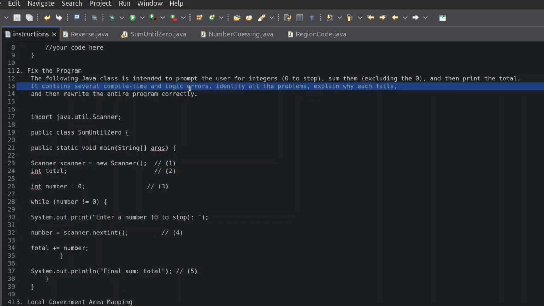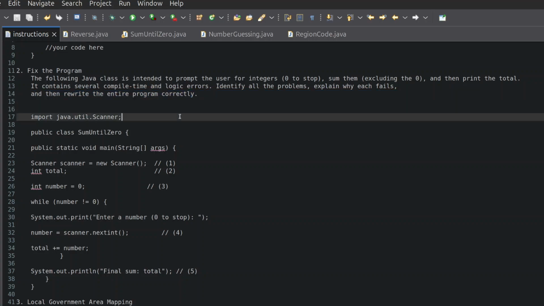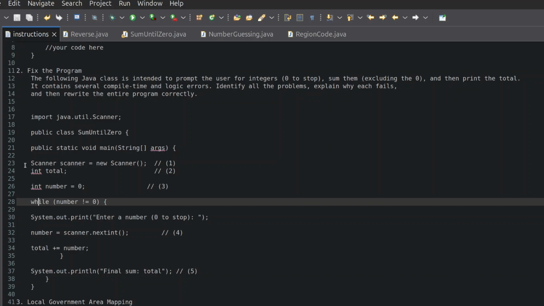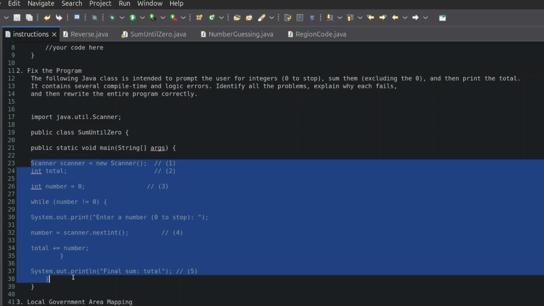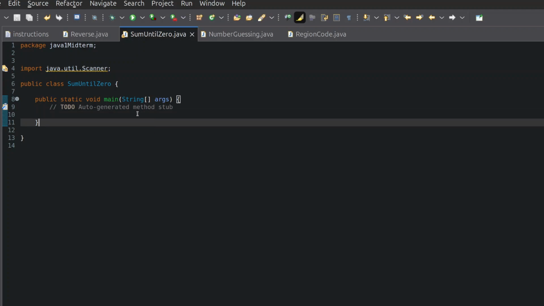And it says it contains several compile time and logic errors. Identify all the problems, explain why each fails, and then rewrite the entire program correctly. So basically this is the problem. Let me copy this. Let me start from here and then stop here. Yeah, so that's it. I just paste it